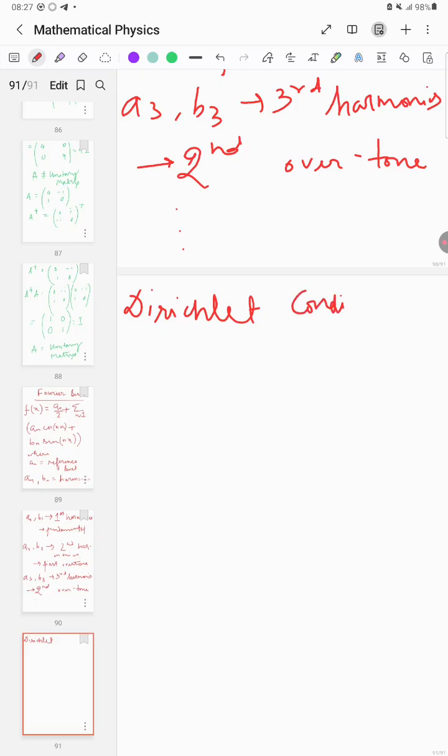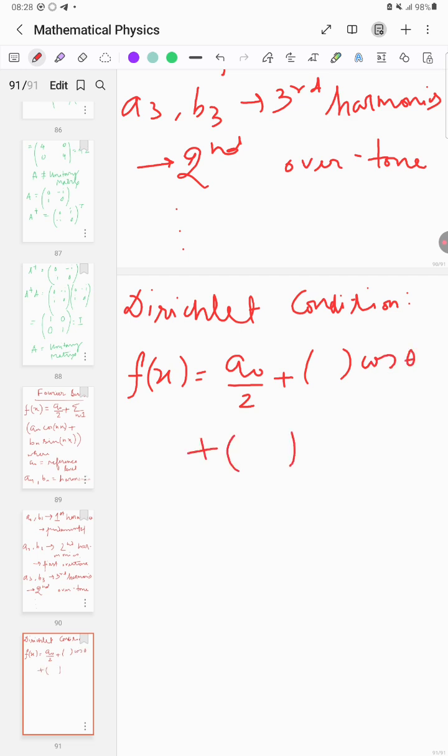This condition can be pronounced in different ways. I don't know if I am pronouncing it correctly or not, but this is what I've learned earlier, so I'm saying it in the same way as my teacher has said it to me. So f of x is equal to a naught by 2 plus some constant into cos theta, again plus some constant into sin theta. Alright, so the properties of cos theta and sin theta should also be the properties of